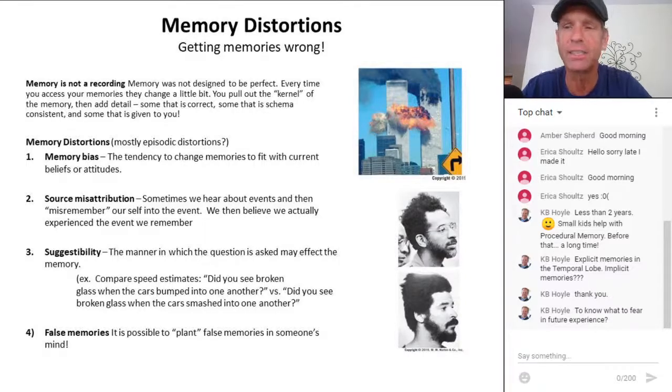I don't know if you've ever had the experience of telling somebody about an event that you experienced and then hearing that person tell the same story to another person maybe days or weeks later as if they had had that experience. That's what we call source misattribution. So your episodic memories contain components just like a schema. And you being there is just one part of that memory. And you can actually mix that part up and walk into memories that really aren't yours. Does that make sense? We call that source misattribution.